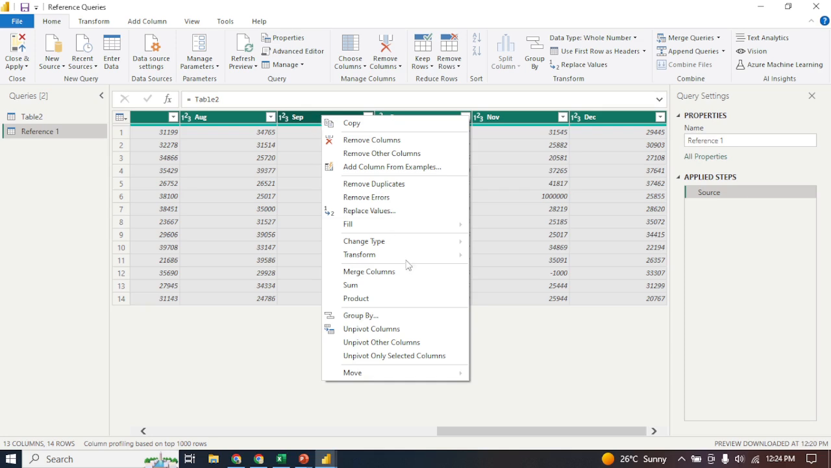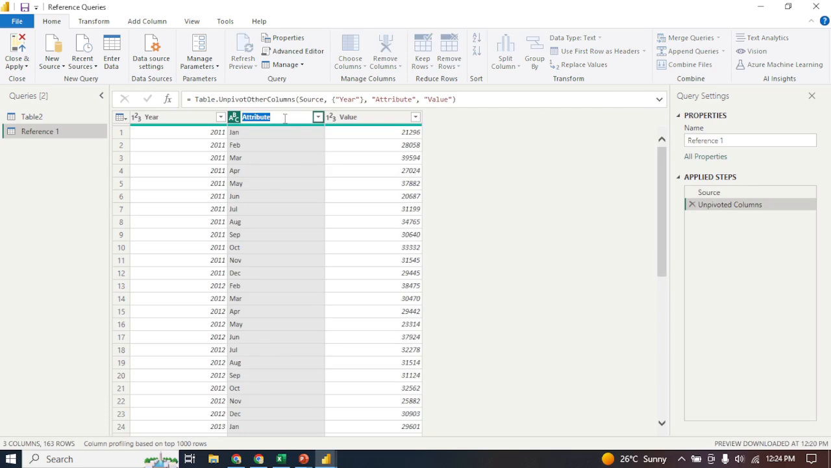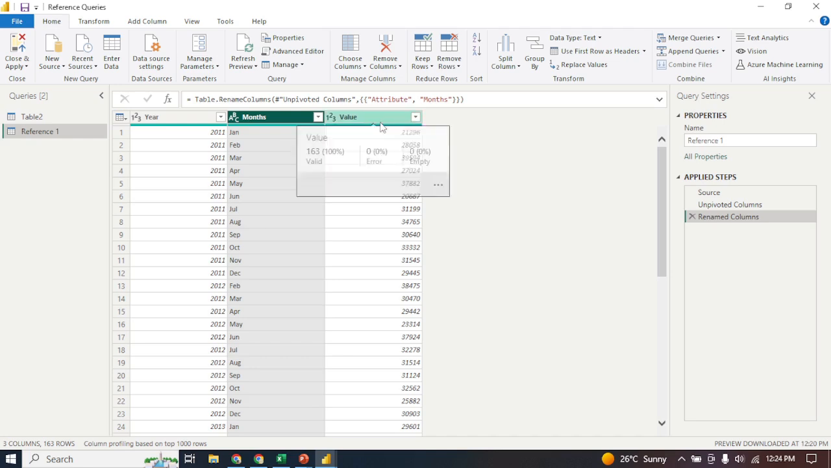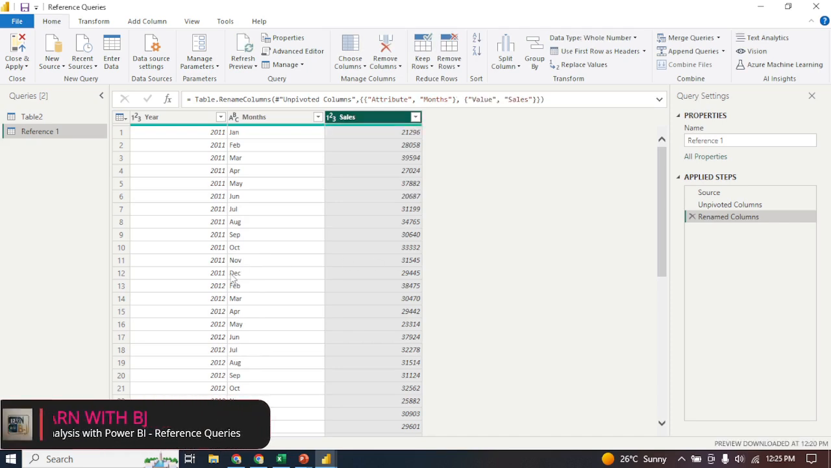So we right click and unpivot columns. Then we change the attribute here to months. Then this other one we change to sales. So these are sales values. So this is our reference one. So after using this,